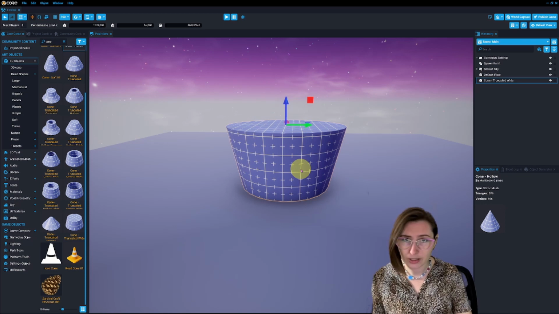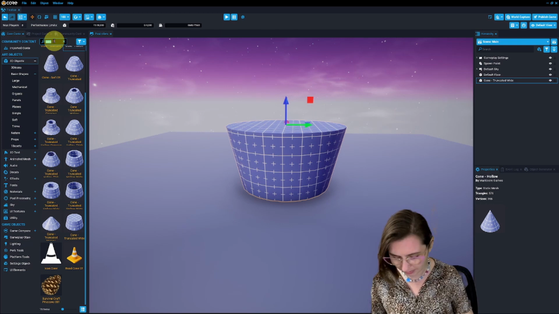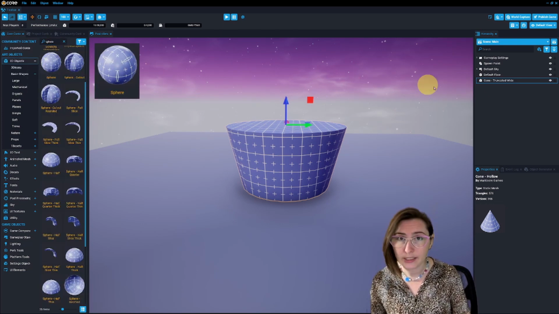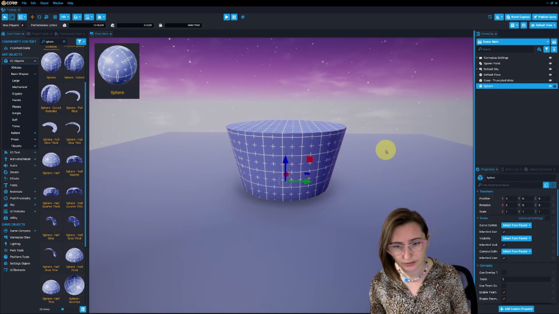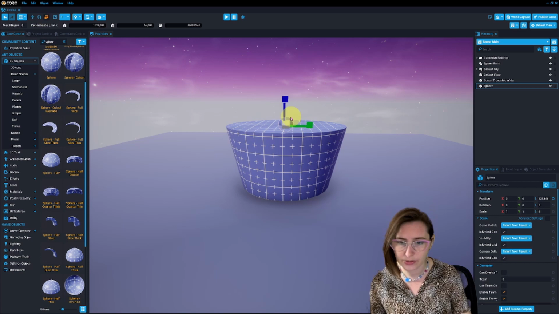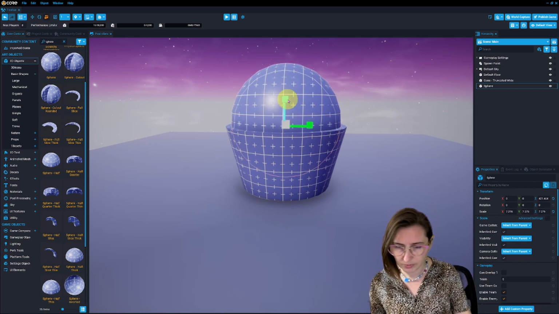Next, I want to do the cake part, right? So that's kind of like a dome shape. I feel like it looks a little like a sphere, kind of like a squished sphere. So I'm just going to type in sphere. And here's a sphere. Looks great. So I'm going to drag it into the hierarchy again. So there it is. See, when we build at that origin at 0, 0, 0, it makes it so that everything is just lined up great. I'm going to squish it down a little bit